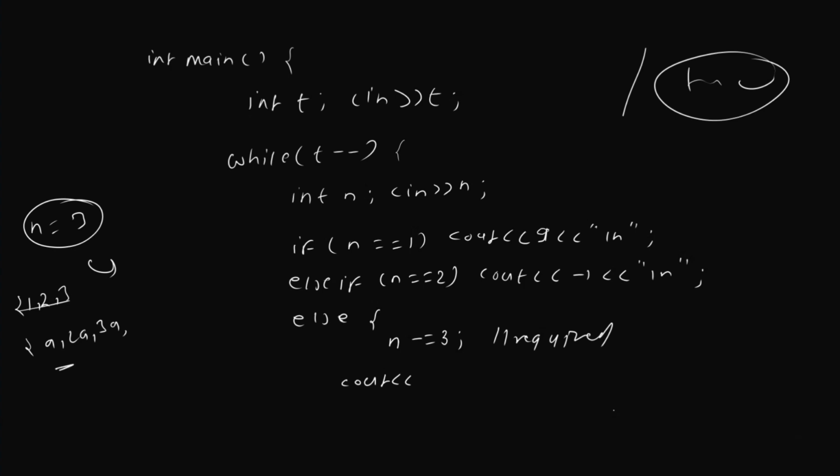Let's start from 3, then 3, then 2a, then 6. Then 6, and then 3a means sum of this, that is 9. And then while n minus minus,